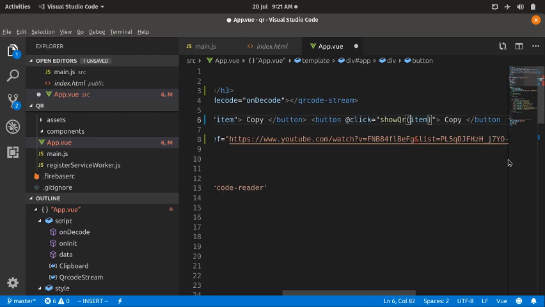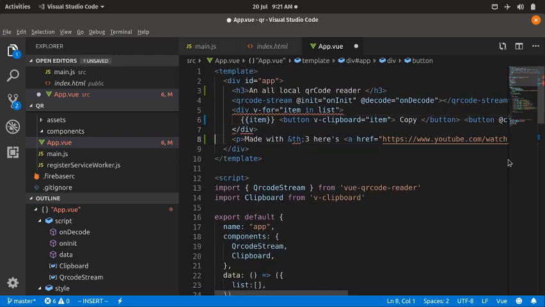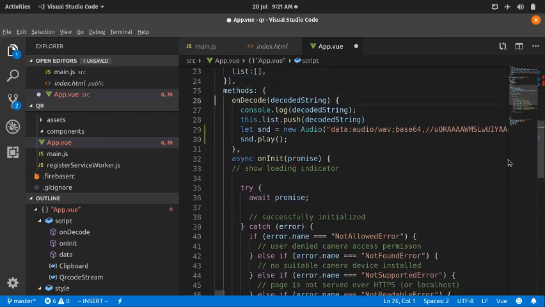Oh yeah, and also added a beep. So when it scans a QR code, it beeps. Let me show you that lovely bit of code down here. Very simple. Let's just define the sound and then play it. I'm defining the sound each time it gets decoded, which is maybe some memory usage, but